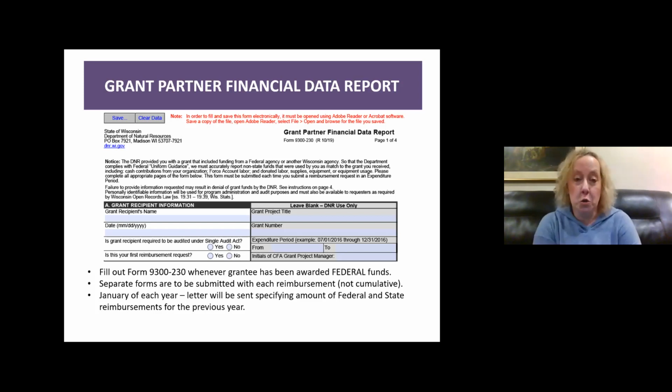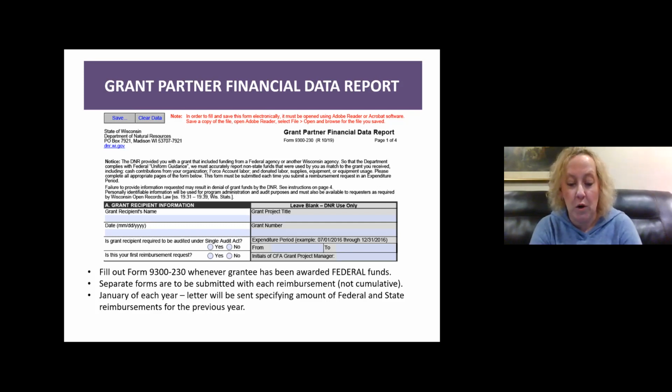And very soon, for those folks that have active grants with 319 funds, it's either in late January or early February that I send out, in fact, I'm going to be working on them next week. We're going to be working on letters that are going to go out to grantees. You'll receive a letter each year. For those grantees that have received federal funds, the letter will specify the amount of federal and state reimbursements for the previous year. And then this will help you